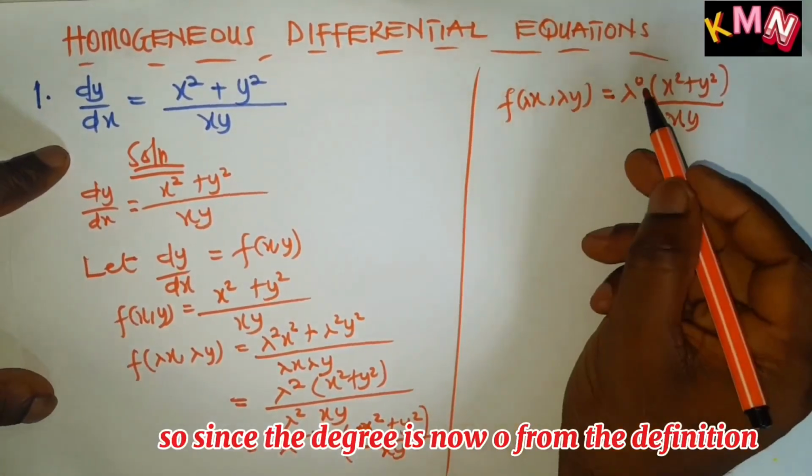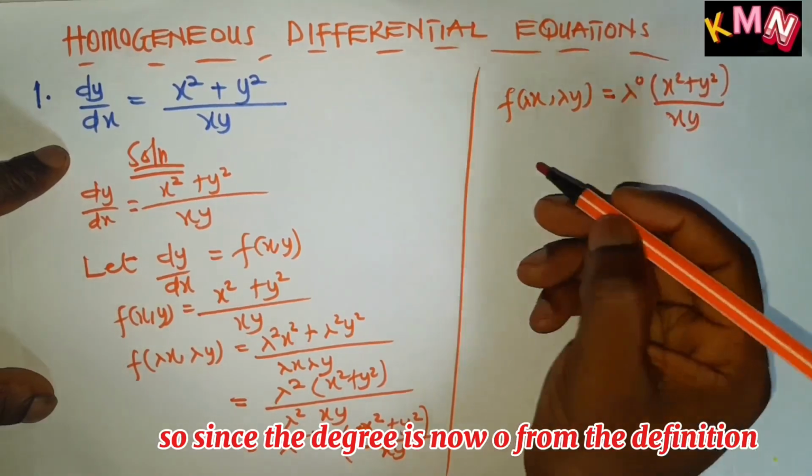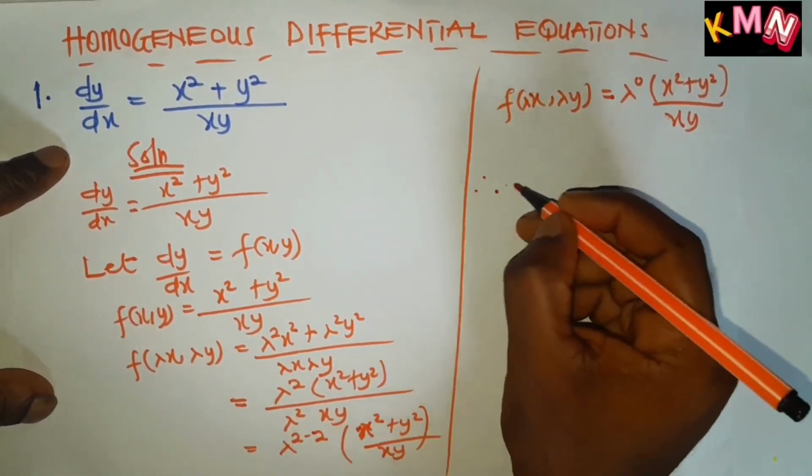So since the degree is now 0, from the definition we can say that therefore